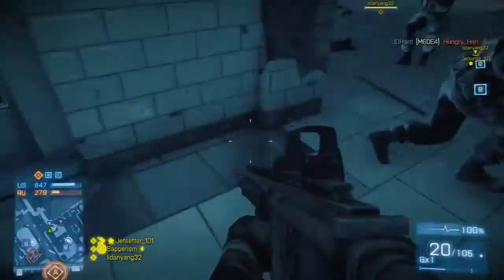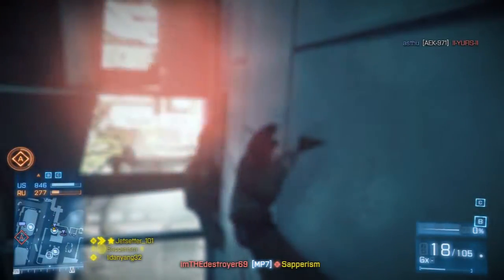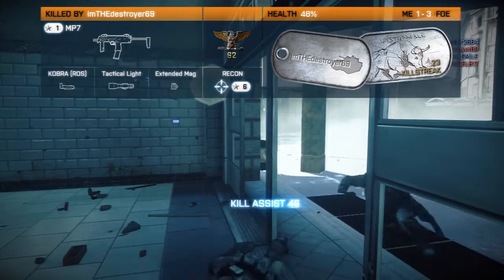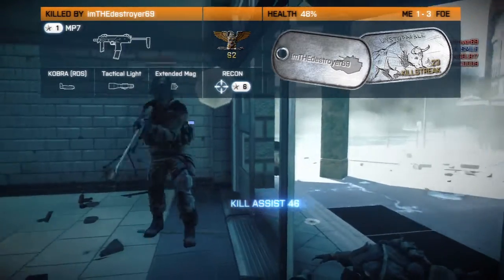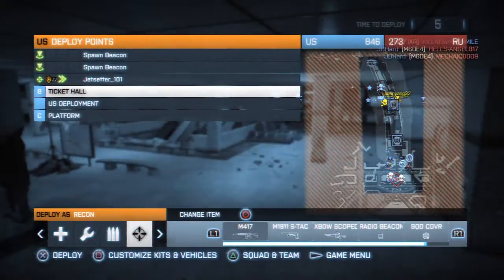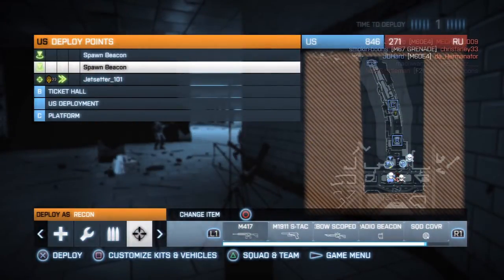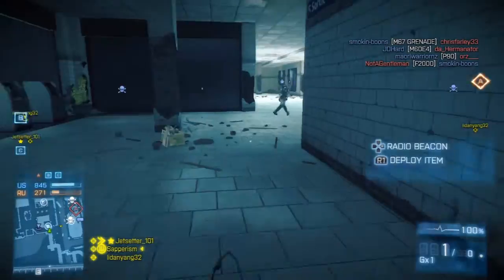Now the things you're going to actually want to use, I'm going to tell you now, guys, and I'm going to show you them at the end of this video, which is also another thing I probably should have told you guys. And this is all coming off the top of my head. I've got some information written down on paper here. So what equipment you're going to want to use, and what perk, is pretty much the crossbow, scoped, radio beacon, and squad